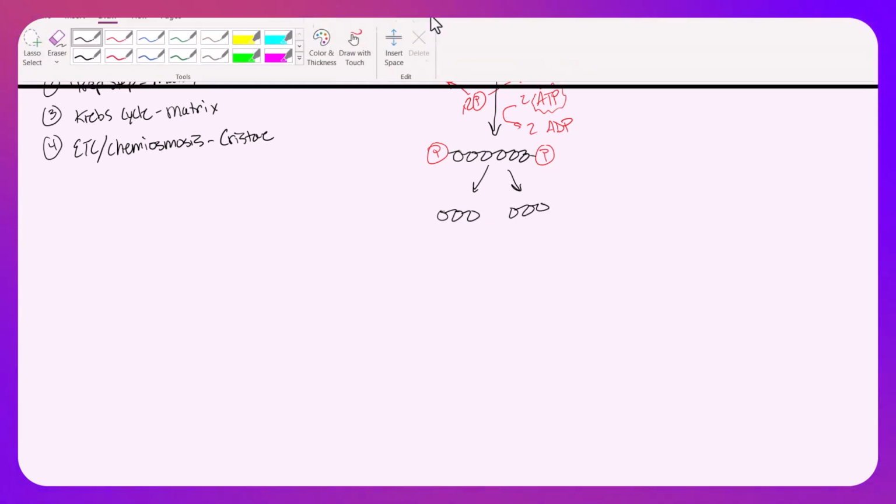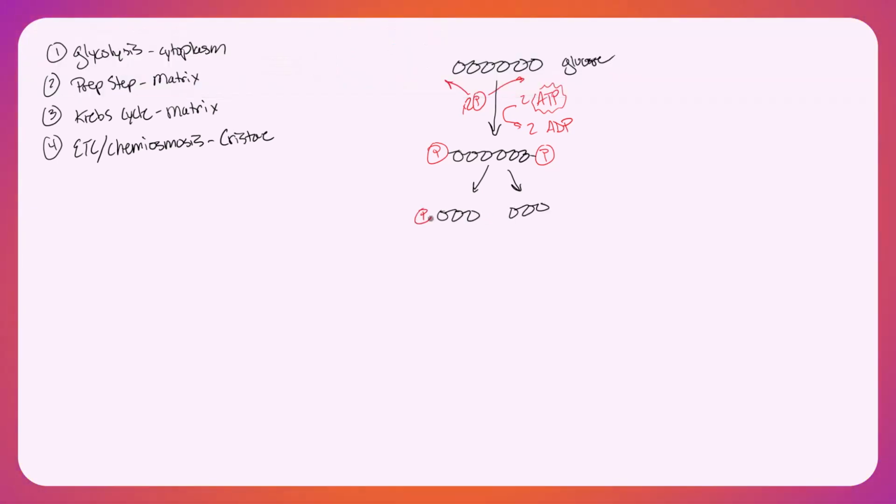and that molecule will immediately split or lyse, and we will be left with 2 halves that each have 3 carbons and 1 phosphate each. We call those G3P, or glyceraldehyde 3-phosphate. Now again, like we did in the other video, this marks the end of our energy investment phase, which is we have to add 2 ATPs or spend 2 ATPs so that we can ultimately get energy from